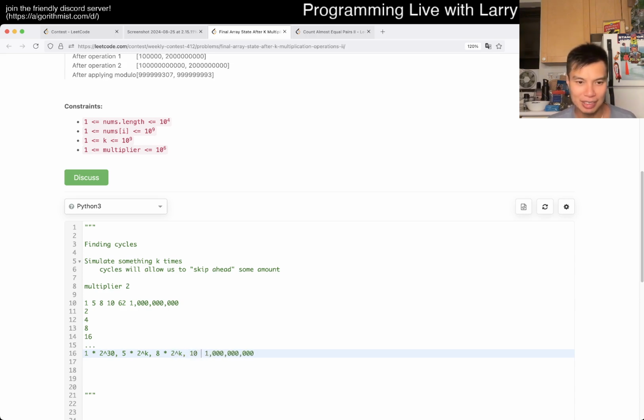Let's call them I, J, and K or whatever, so it's less confusing. So all these numbers don't matter, but what does matter is that you've done them enough times so that they're all greater than a billion in this case. Let's say you have the biggest number,